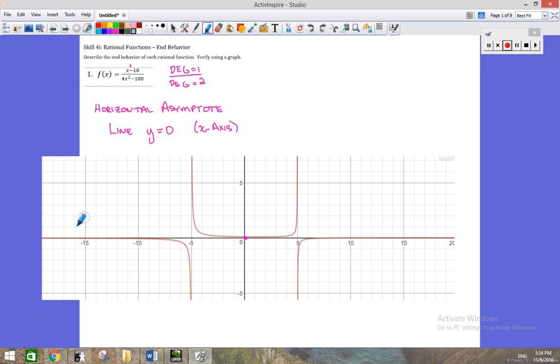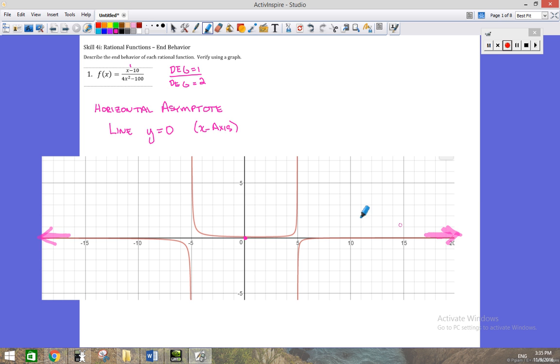Far away from the origin, we're interested in what's going on with the graph when we're out here. Out here, far away on the left, as x is heading to negative infinity, far away here on the right, you can see that the graph is getting closer and closer to the x-axis, which is exactly what we